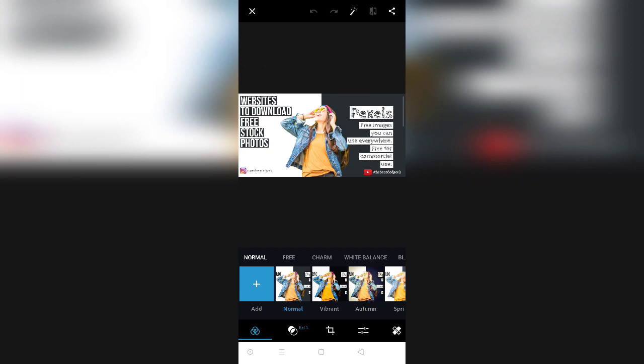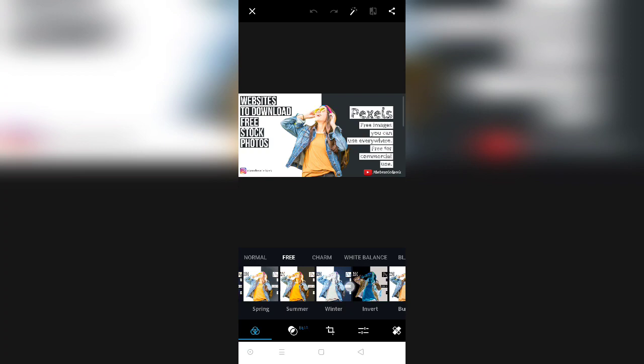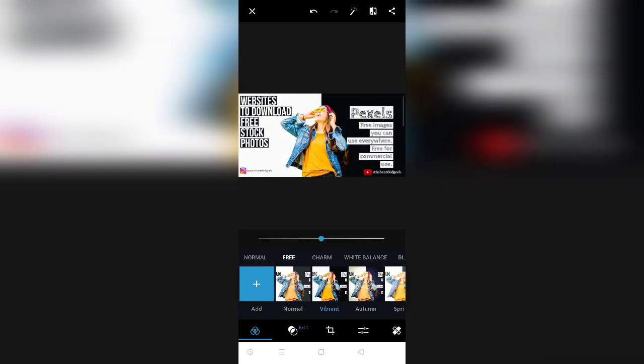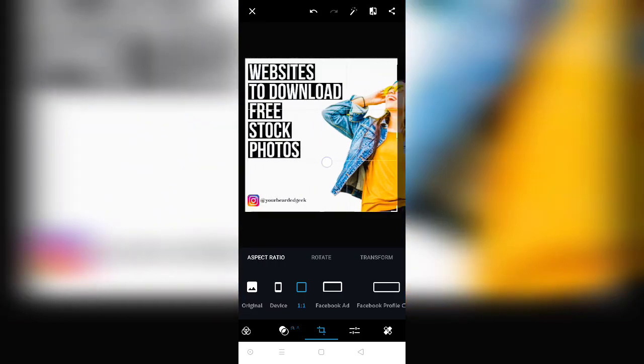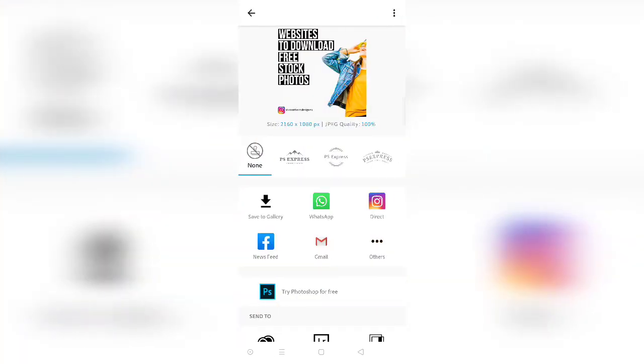Now, in order to give the same look and feel to all your carousels, choose one particular filter. Like I always go with this vibrant one. You can apply this vibrant filter and click on this crop button here. Now, the moment you click on this crop button, you'll get a grid size of 1:1. Just shift this 1:1 on the very left hand corner of your screen and click on share here and save